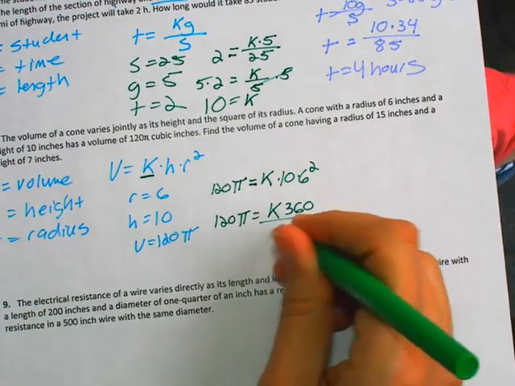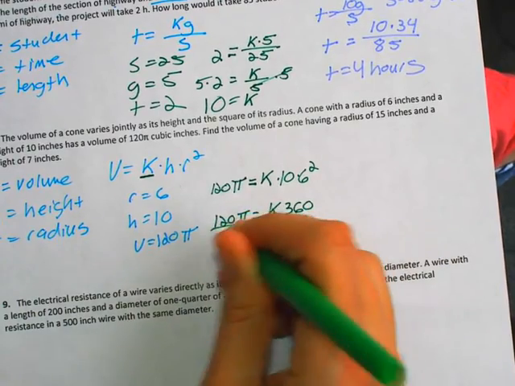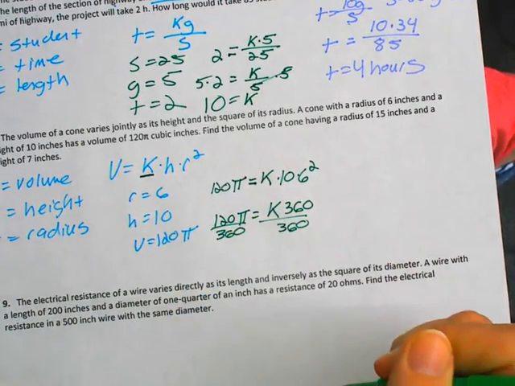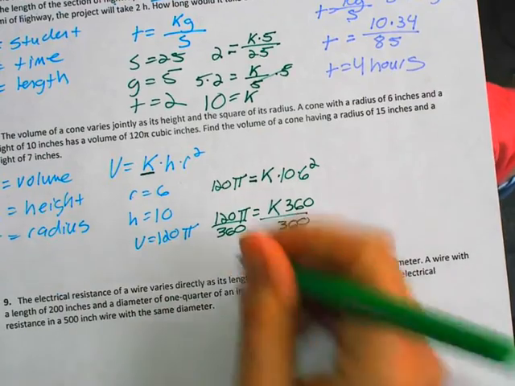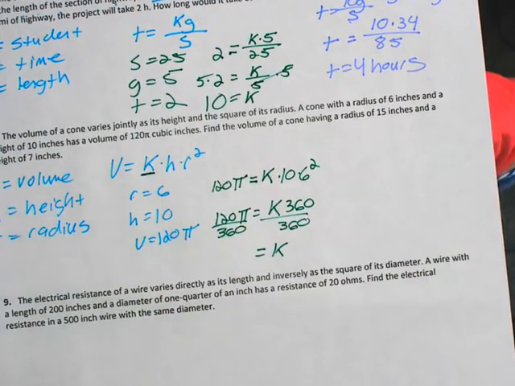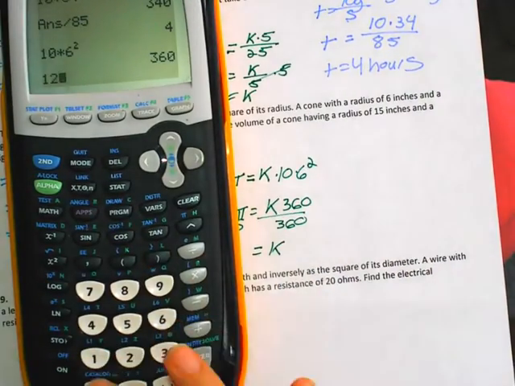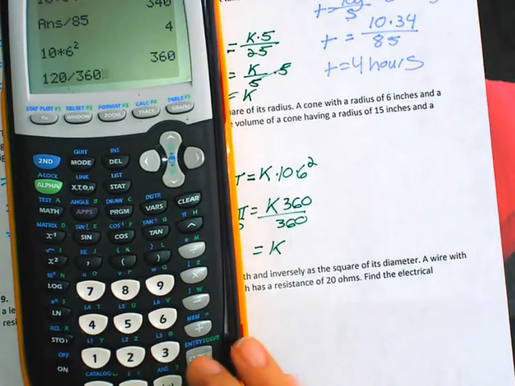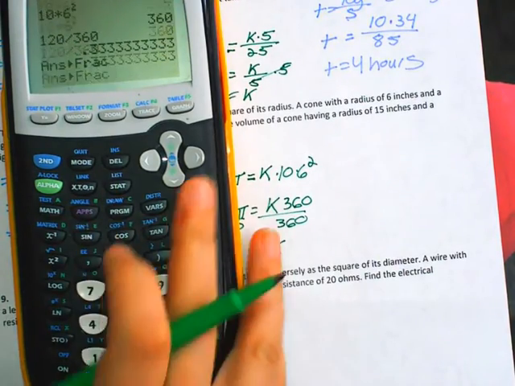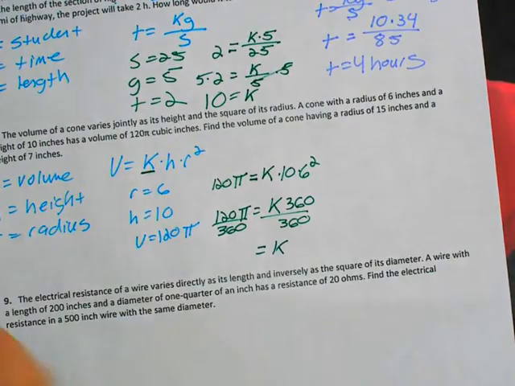Divide both sides by 360. Okay. Remember pi, I'm going to leave the pi in the equation to make it simpler. I'll show you both ways to do it. So 120 divided by 360. Okay, so that's 1/3